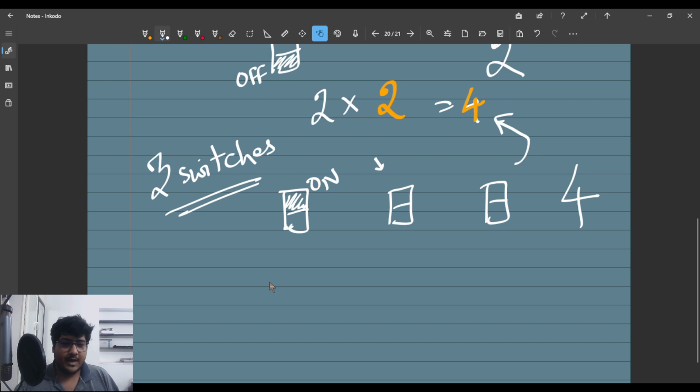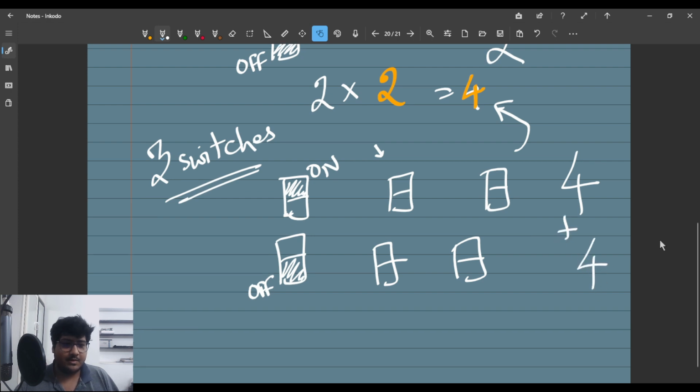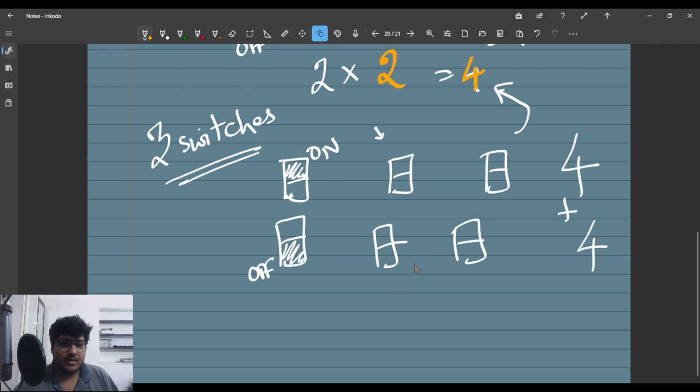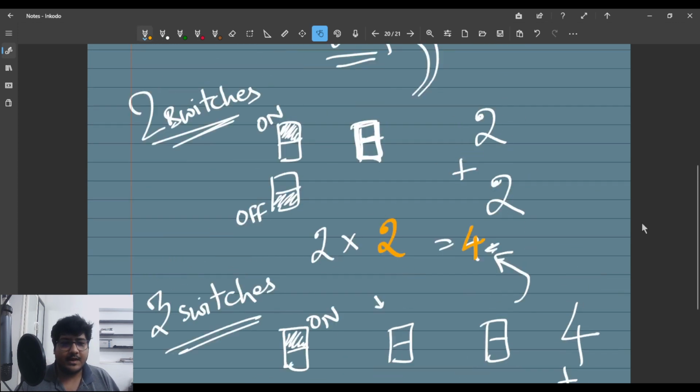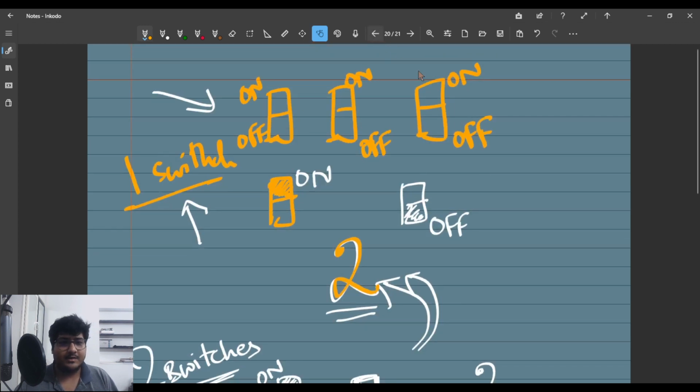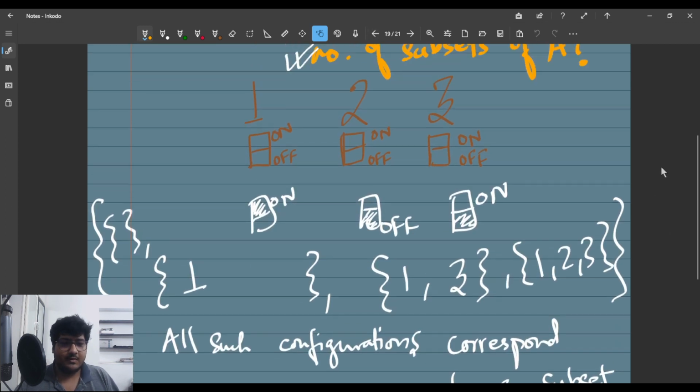And for the off position, the first switch being off, you'll have as many combos as before, again for the 2 switch case, right? So this is plus 4 another possible combos. Hence we'll have 2 times 4 this time. So 2 times 4 will be 8 different combos. So if I have 3 switches, I'll have 8 possible configurations for switches, and hence each configuration